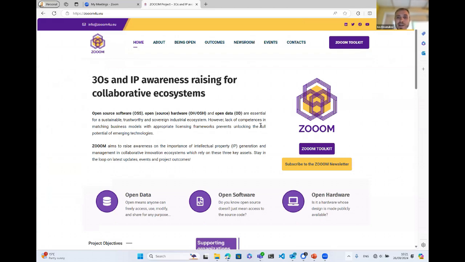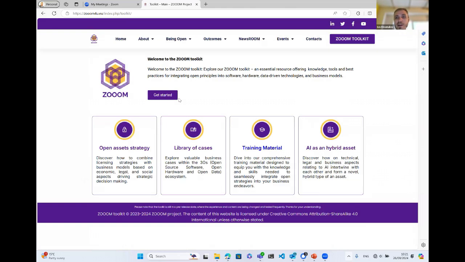So what you are seeing now is the landing page of the ZOOM project, but if you were to click on the ZOOM Toolkit button in the upper right corner, it would take you to the landing page of the toolkit. So there are two entry points into the toolkit. One is to simply click on Get Started, which will take you to the main page of the toolkit,